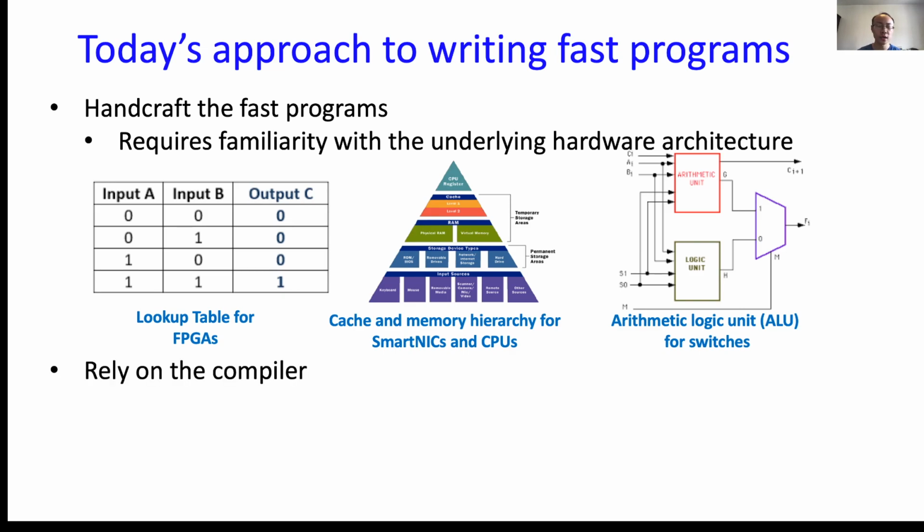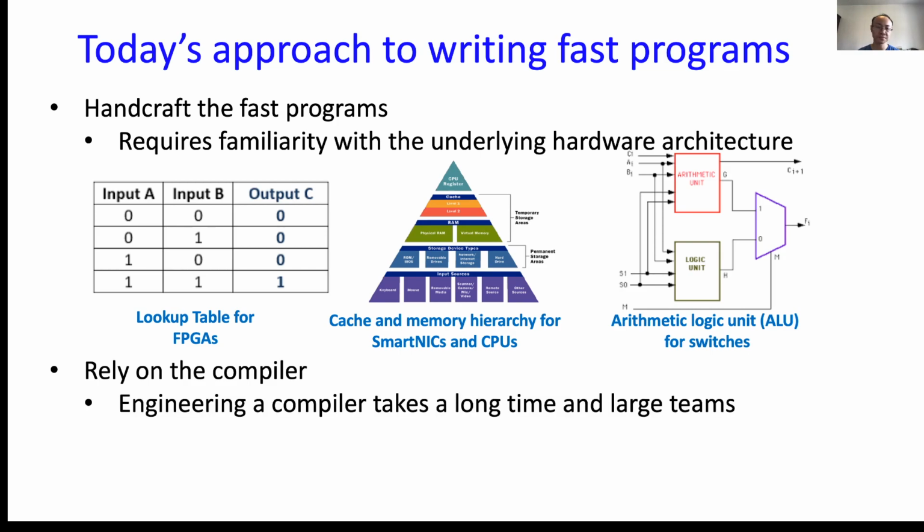The second is to rely on the compiler to do code generation automatically. I totally agree that the compiler will definitely alleviate the difficulty of generating such code, but building the compiler itself needs significant engineering effort, which is both time-consuming and expensive. For example, Intel and AMD all have large compiler teams to build a compiler for each of their underlying hardware